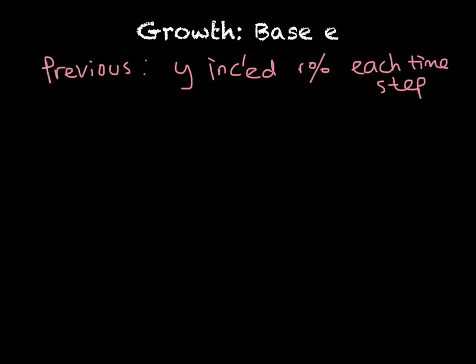However, often in real life, we don't have discrete time steps, and instead, things are constantly or continuously increasing at an exponential rate. In this case, what we have is something called growth with base e, and these can be modeled by the formula y equals a e to the rt, where a again is the initial value,